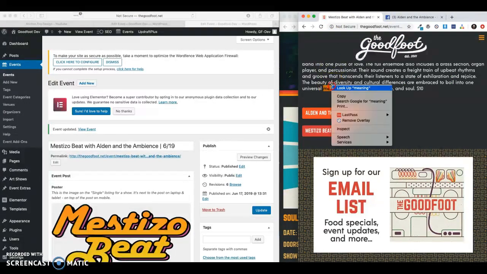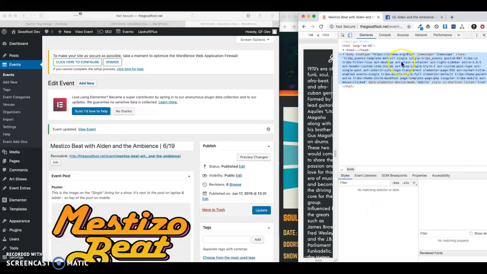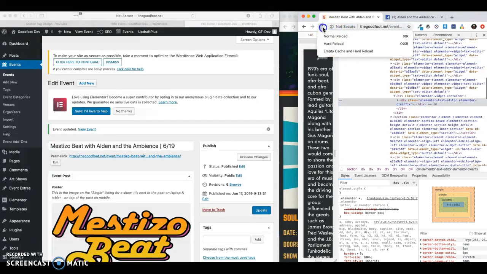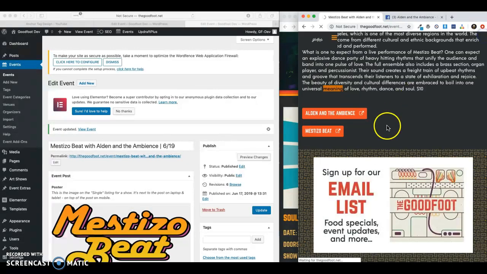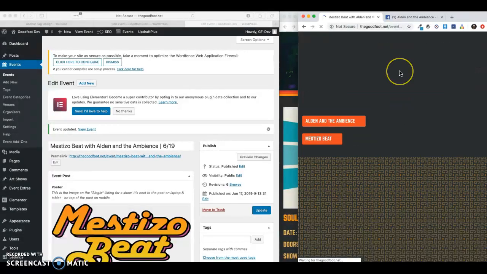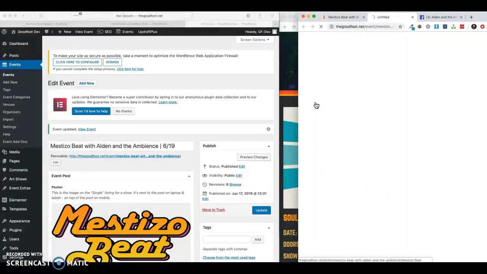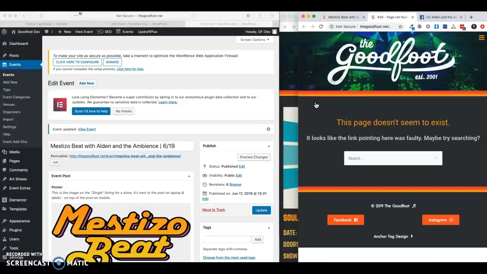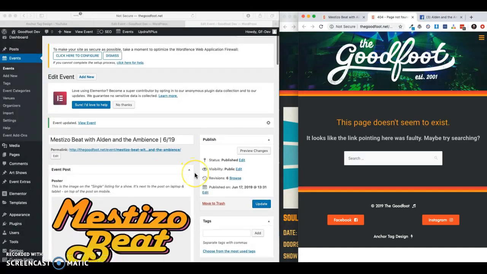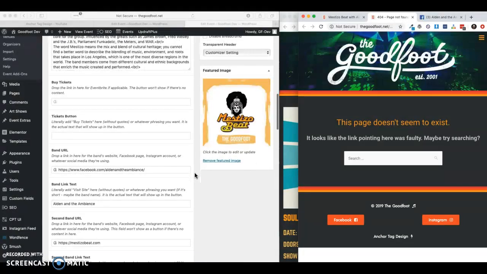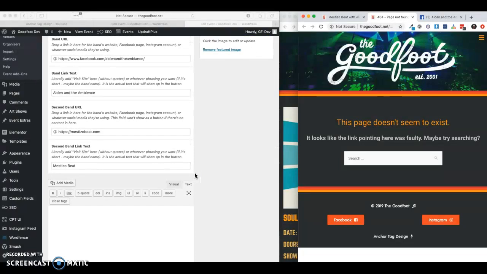Do this. We're going to go inspect so that we can do that. Inspect on. That's weird. Why is it doing that? I will figure that out because we don't want it to do that, obviously.